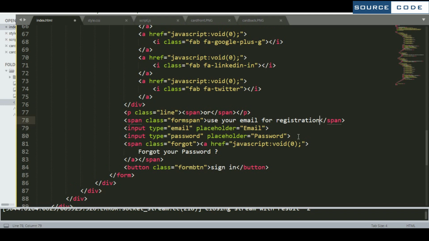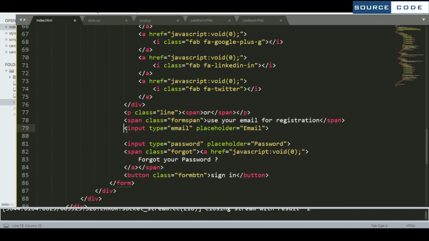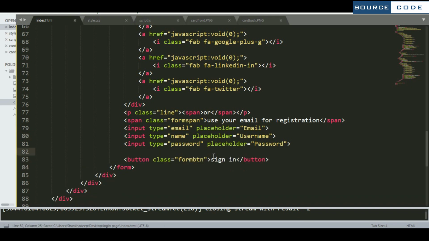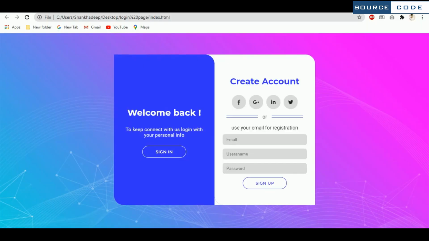So here we need to add one more, that is a username. So just copy this one and remove this one because we don't require it. Now let me show the result. So before that, change this one also, make it as sign up. So here is our final result of a back part.